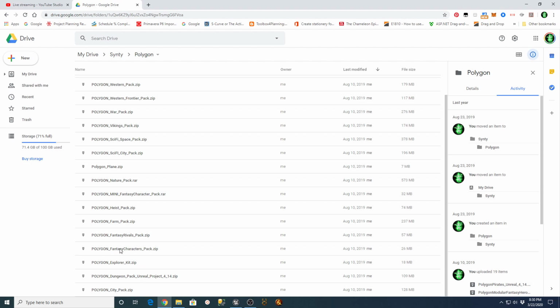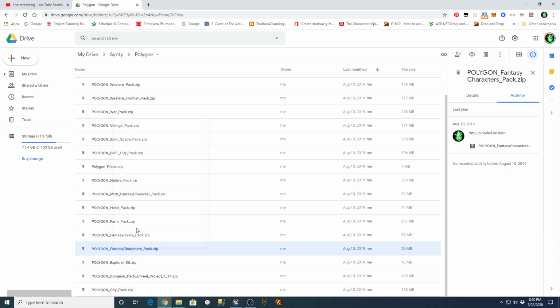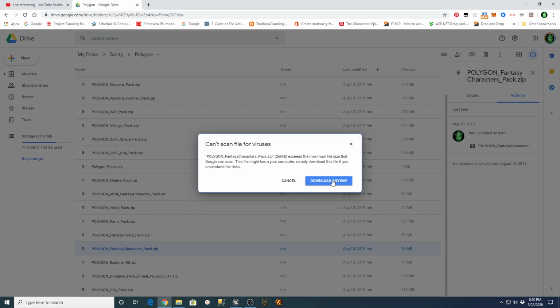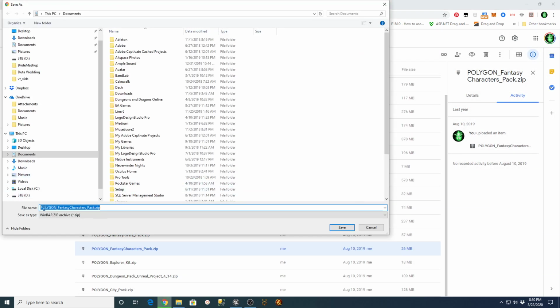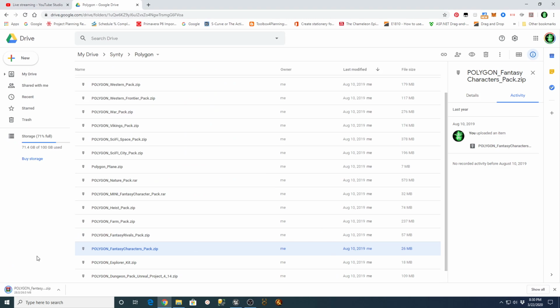So I had done this with Fantasy Character Pack because in the Fantasy Character Pack I actually bought this directly from Synty instead of buying it from one of the asset stores. And this actually had the skeletons in it, and it made it really super easy. So I'm just going to unpack this Polygon Fantasy Character Pack. Go in there and get this set up.